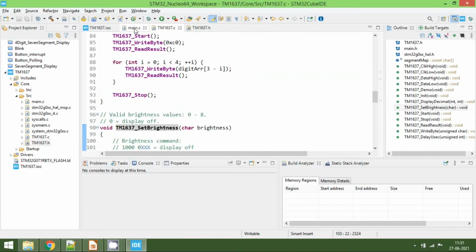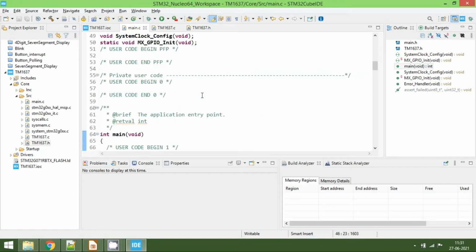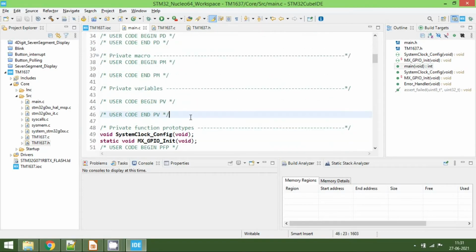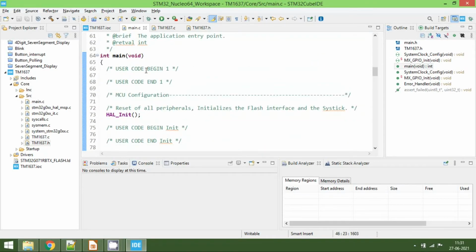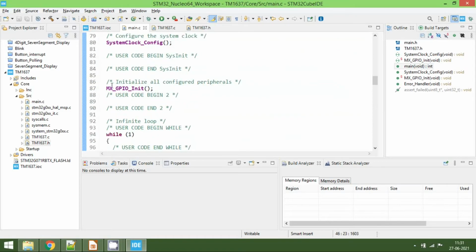Now we'll go to the main. We have already included the header file here. Below the GPIO initialization, first we will set the brightness. So call TM1637_set_brightness, and here we are going to give the brightness as 7, that is the maximum value.